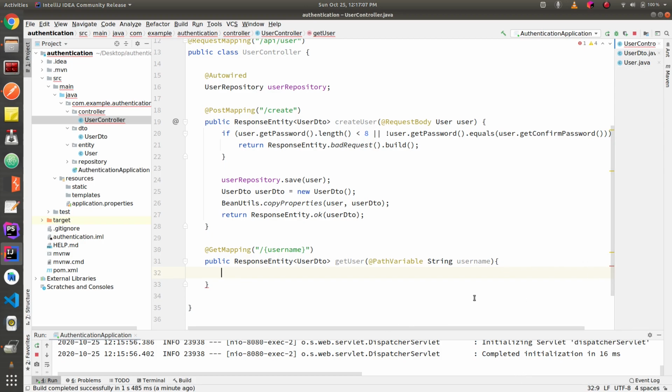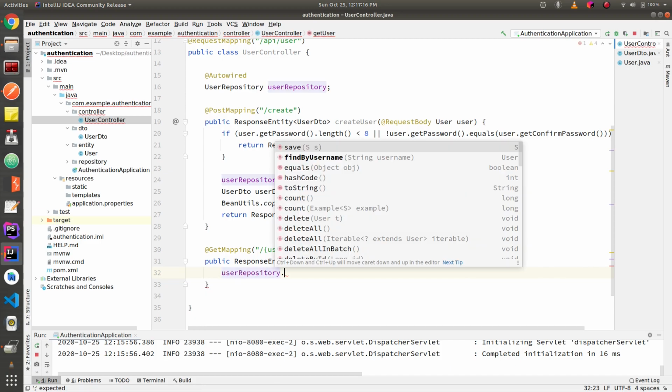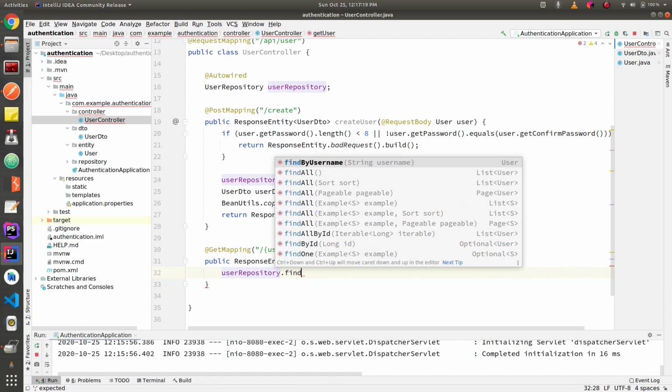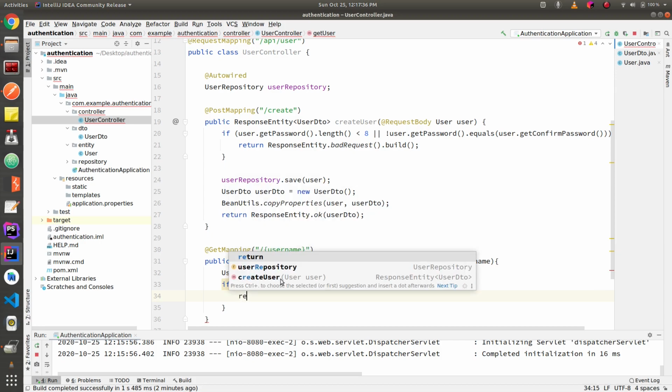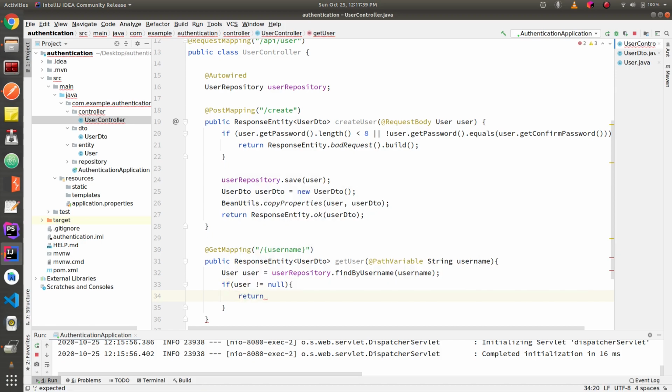So I'm going to use the findByUsername method from the user repository. Now I'll check if the user object is not null. I'm going to copy the properties of this user to UserDTO and then return the response.